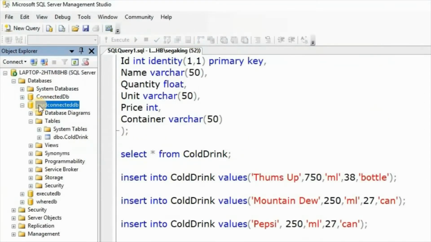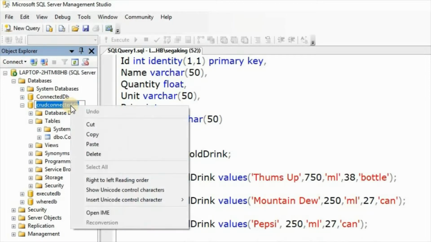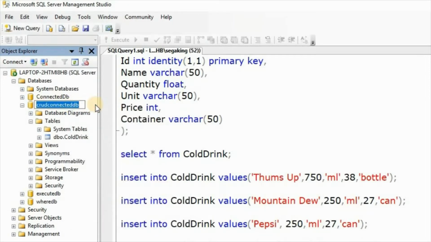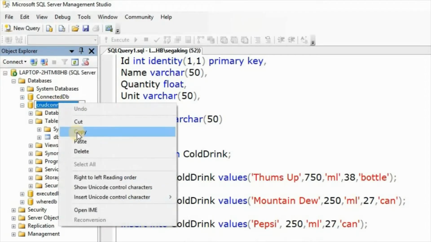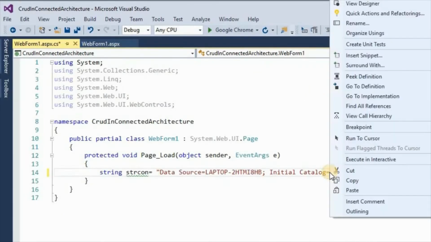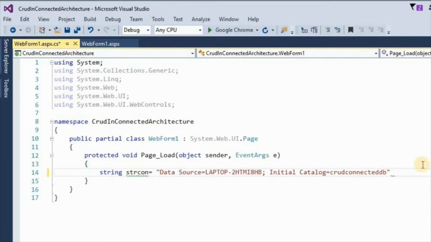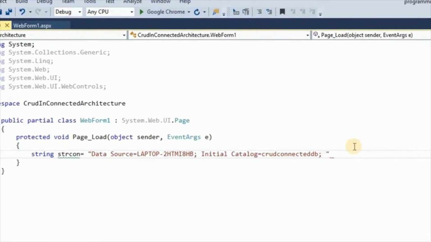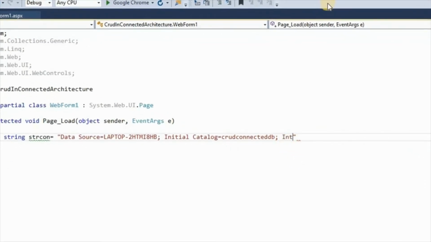So select this, Control C or right click and copy, Control V or paste, then semicolon. So CRUD connected DB, semicolon,